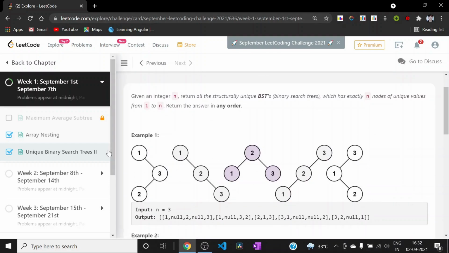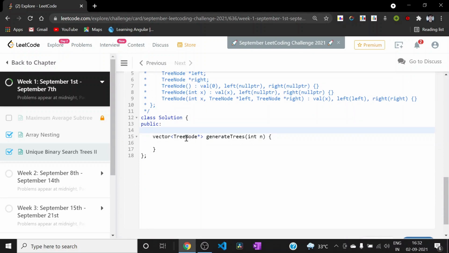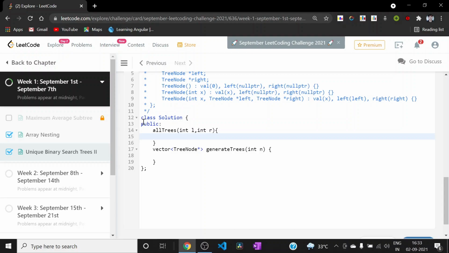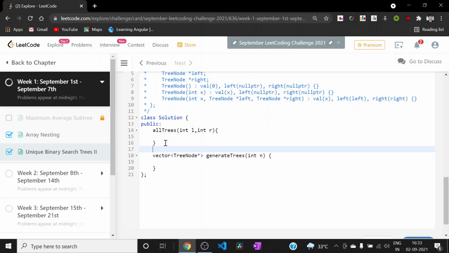For using the recursive approach, we will be using a recursive function, and I will be calling it allTrees, and it will be taking two variables, l and r, and it will be giving back all the possible trees having nodes from the range l to r, both inclusive, and it will be returning a vector of pointers to the tree node.